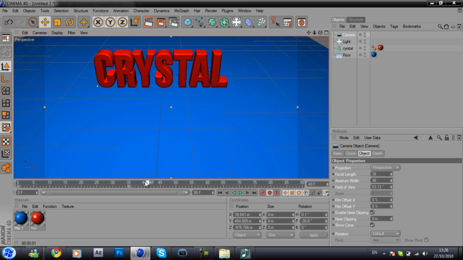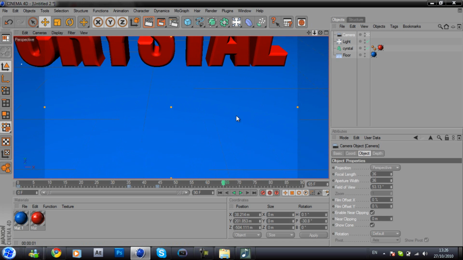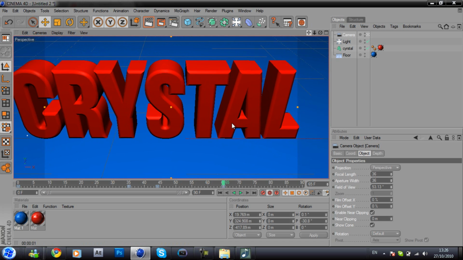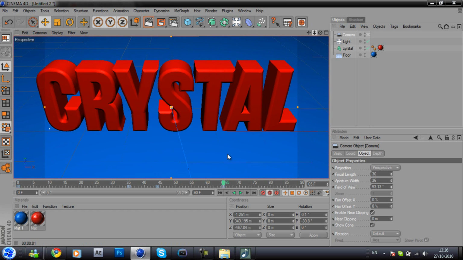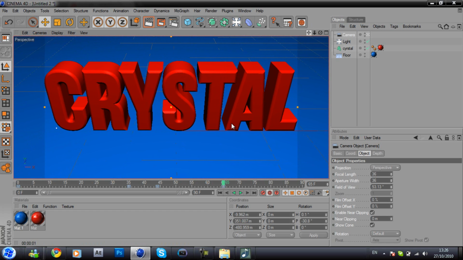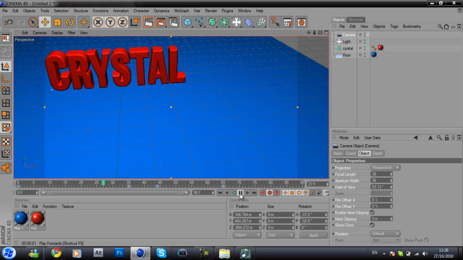there we go, and then I'm going to give it a few seconds pause by going to where I want the animation to start again. Go back 1 keyframe by clicking this button, keyframe, and then I'm going to go ahead to how long I want the animation to go for, and then I'm going to zoom in, simple. I'm going to move it like this a bit more. Zoom out so it's in the box. And then if I go back, if I look now,